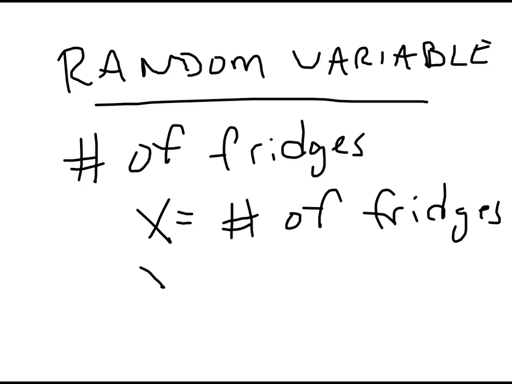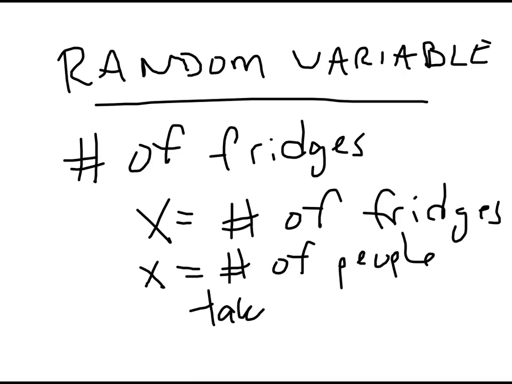So X could be the number of people that took the SAT. So it's a variable in that the number changes, and it's random because it will change depending on the scenario